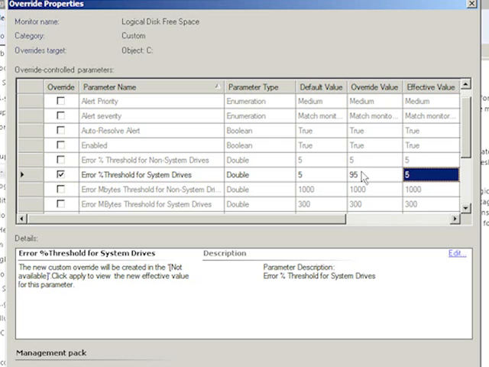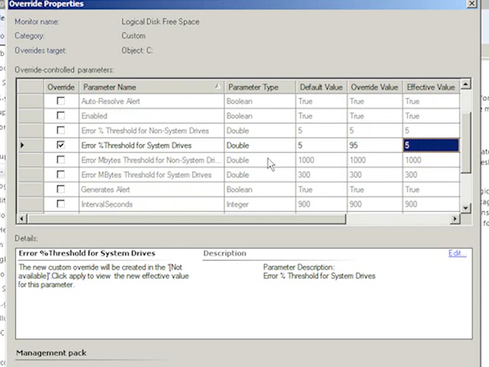Now, at this point, you could click apply or click OK and be done with everything. But you'd be waiting for a very long time for the system to actually throw an error. Well, when you look at the system, you'd go, well, wait a minute, it's only got about 85% disk space available. I've told it I want 95% disk space to throw an error. Well, there's a catch. You'll notice a little bit farther below, we also have an error megabyte threshold for system drives. Both counters have to be in an error state in order for an error to be raised in the